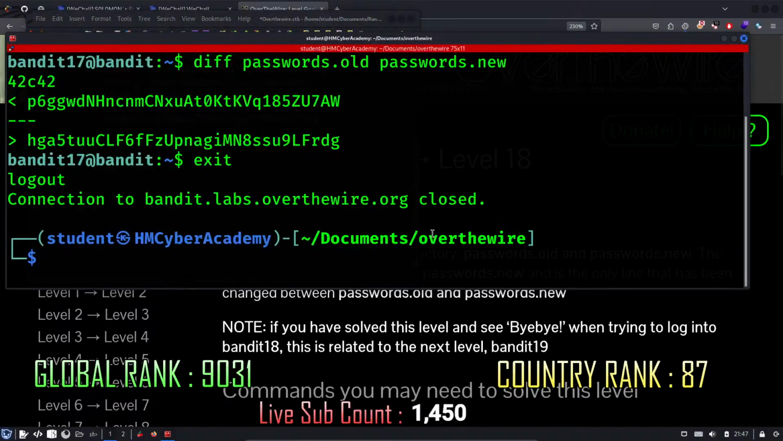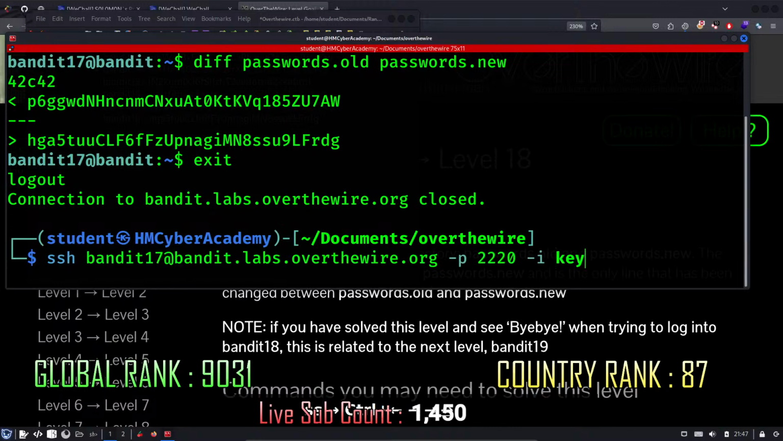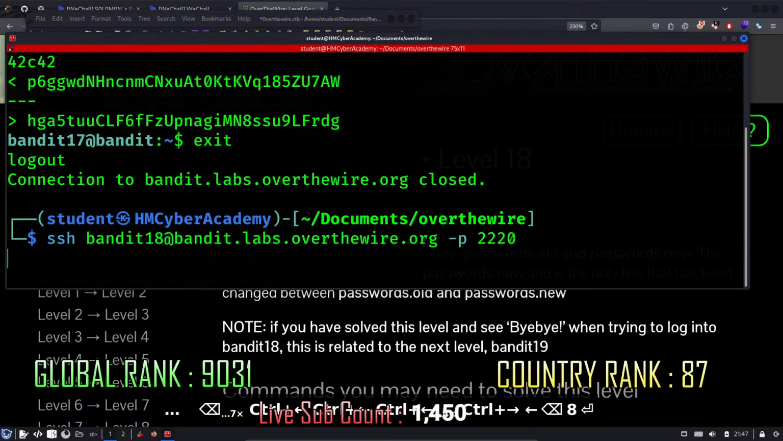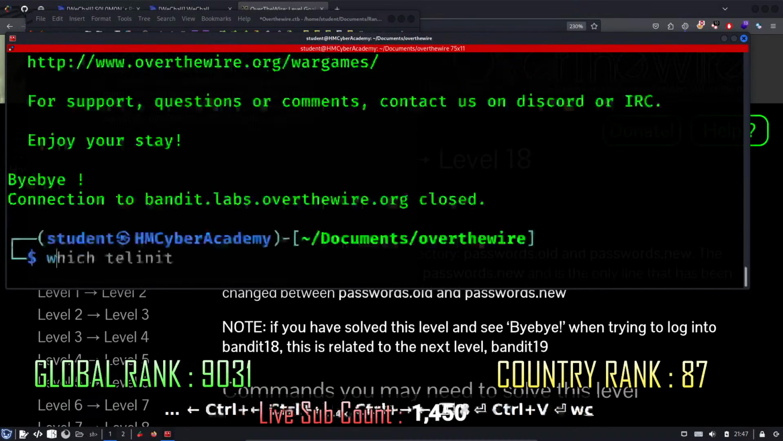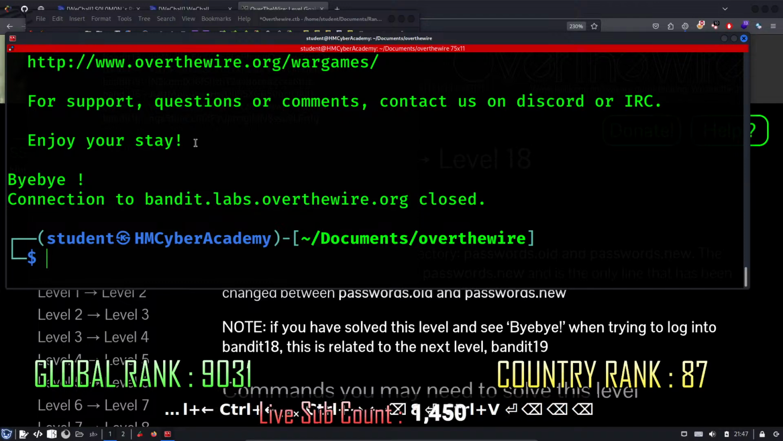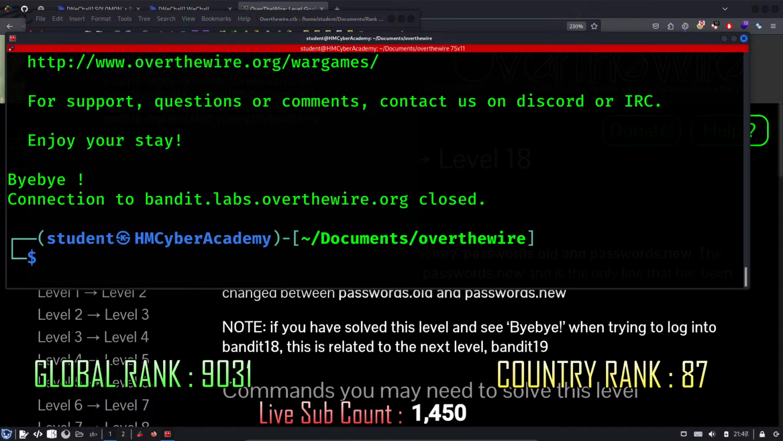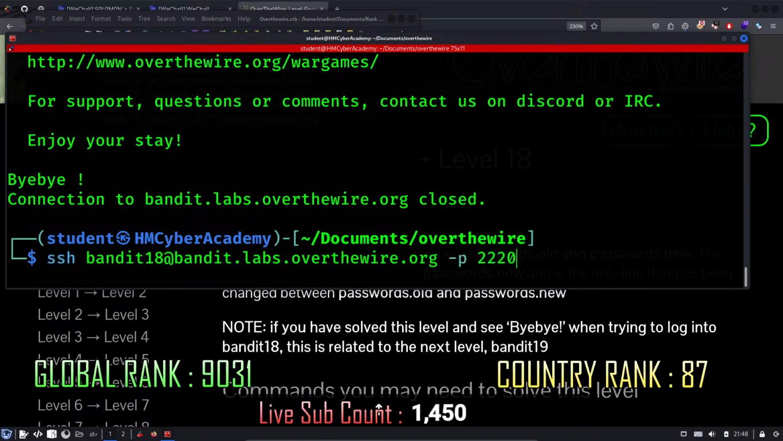and let's see SSH. Let's remove the key. Paste. Oh shoot, what did it say? It says bye bye. Hmm. So what do I do in this case? So you basically run the command and see if the command's actually running,